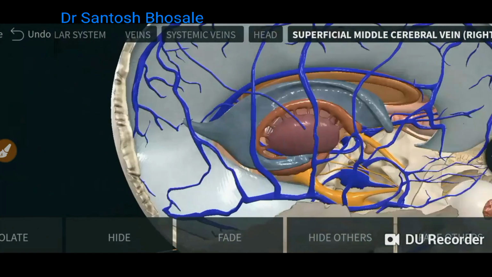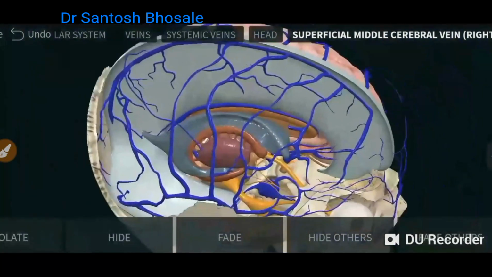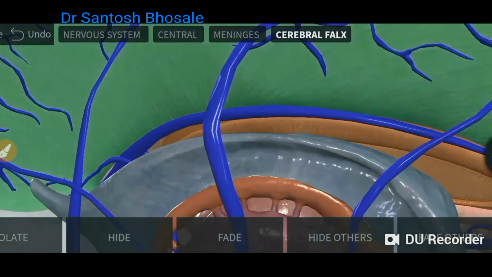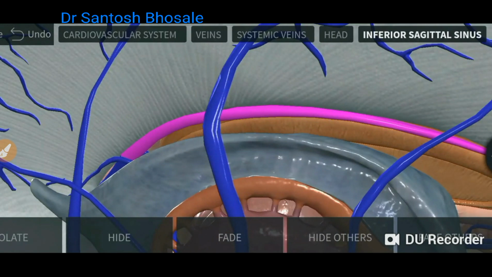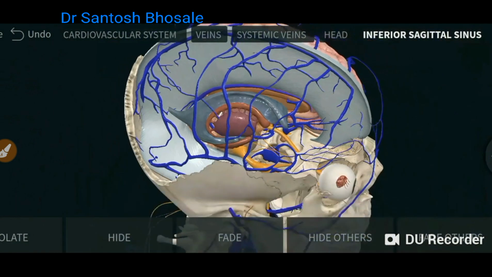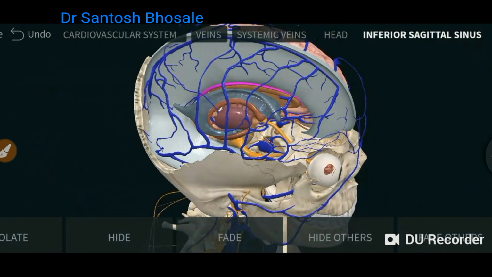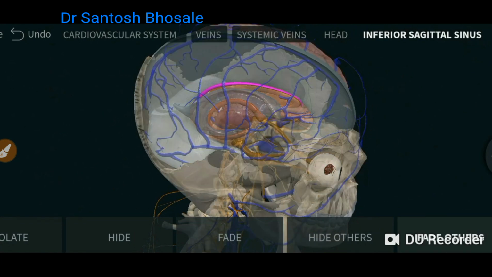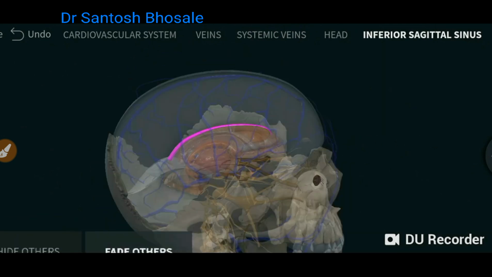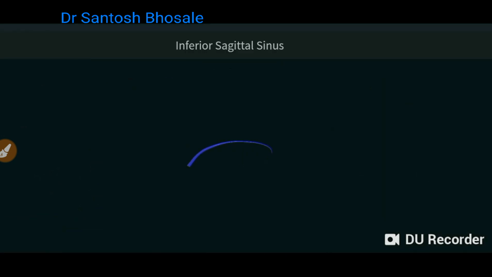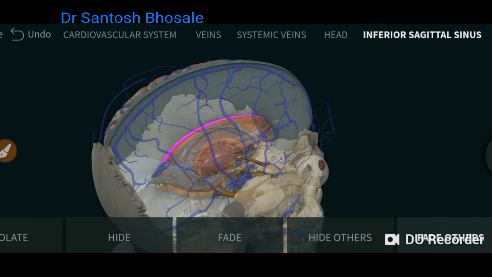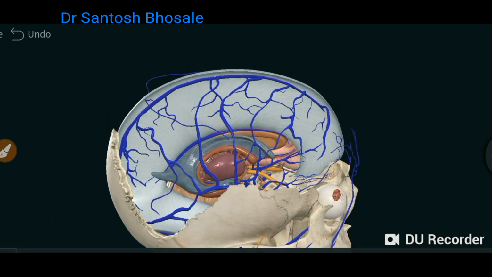Thrombosis of the superior sagittal sinus may take place by the spread of infection from the nose, scalp or diploic tissue. You can see here. And now along the inferior margin of the falx cerebri, you are seeing the inferior sagittal sinus. It is a sinus present only within the meningeal layer. All the other sinuses lie in the two layers of dura mater, that is the outer endosteal and inner meningeal, whereas the inferior sagittal sinus and straight sinus are the only sinuses which lie exclusively within the meningeal layer. You can see here, this is the inferior sagittal sinus along the free lower margin of the falx cerebri, and it drains the medial surface of the cerebrum